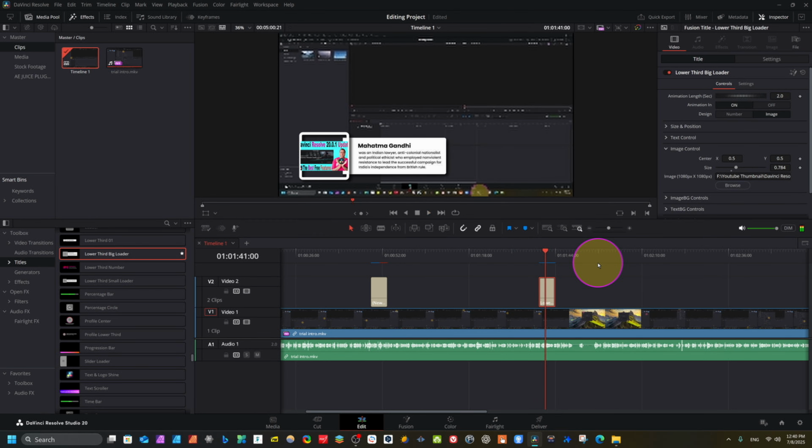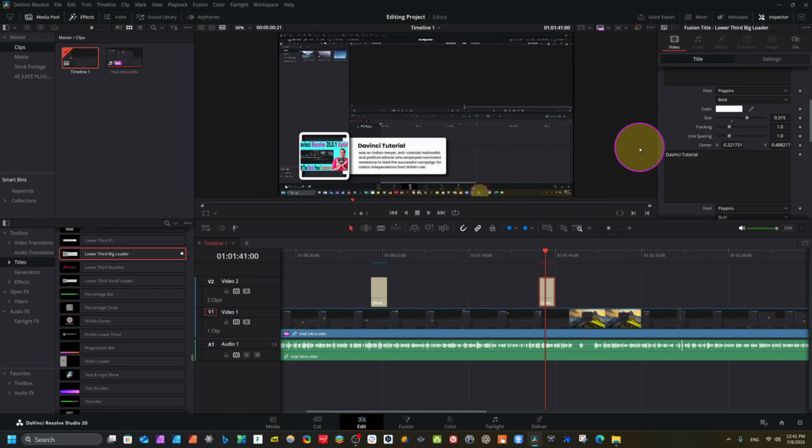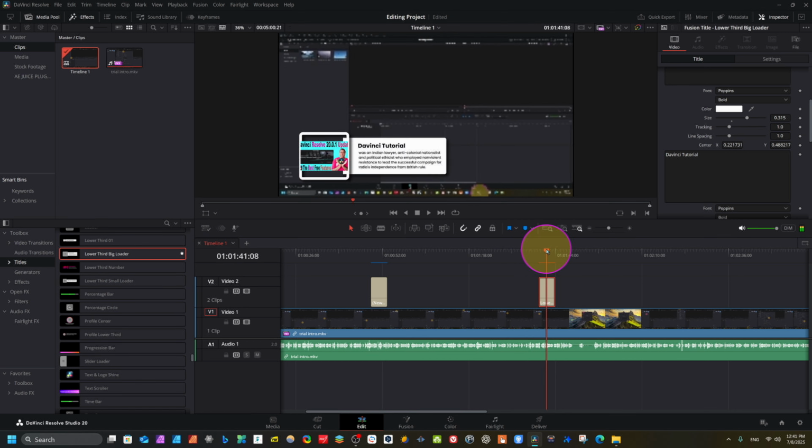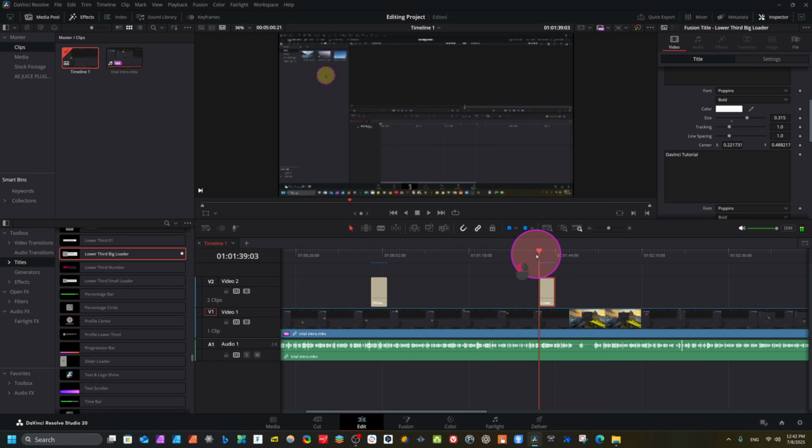Now we can add any text very easily because we have a render cache here. Now we type here DaVinci tutorial. So you can see I use this plugin. It's now red. Every time any effect you add, DaVinci Resolve will again re-render. You see, again it's re-rendering. Anything you add, once it renders, it will not render a second time. You see, I added a photo and it rendered. Again, I added text. You see here, green line, it means it's rendering again. So it has rendered now. Please wait until it has finished rendering. So you can see it has rendered.